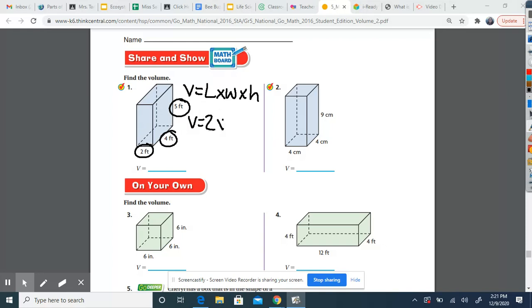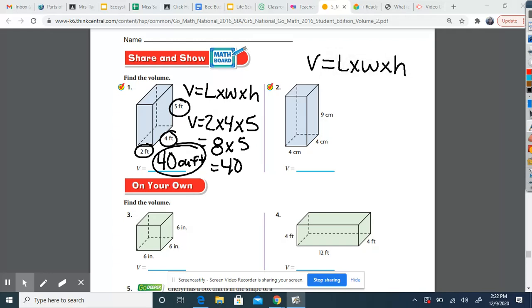So we have 2 times 4 times 5. 2 times 4 is 8. 8 times 5 is 40. So our volume would be 40 cubic feet. So CU and then FT for feet. All right, if we look at number 2,